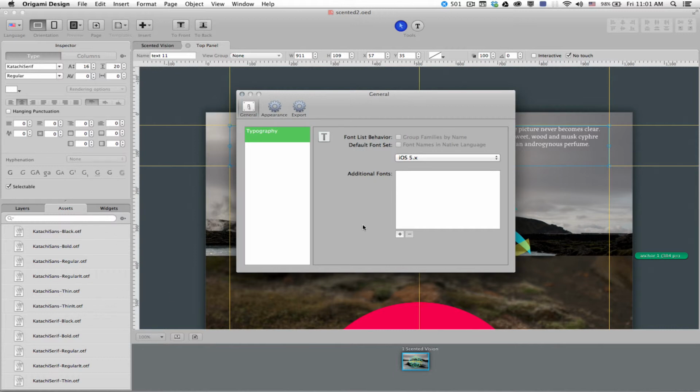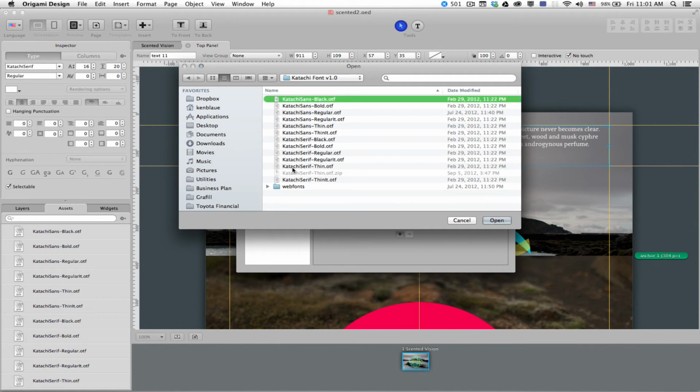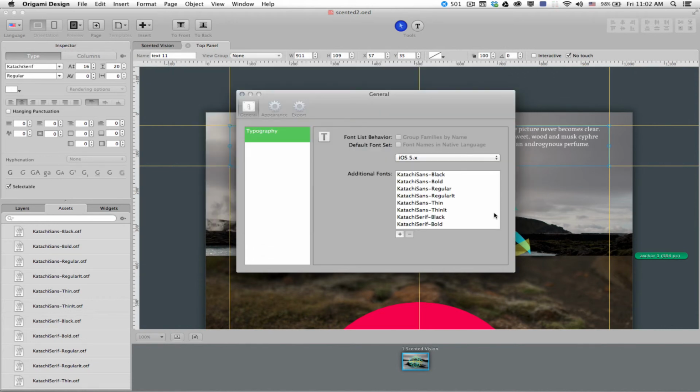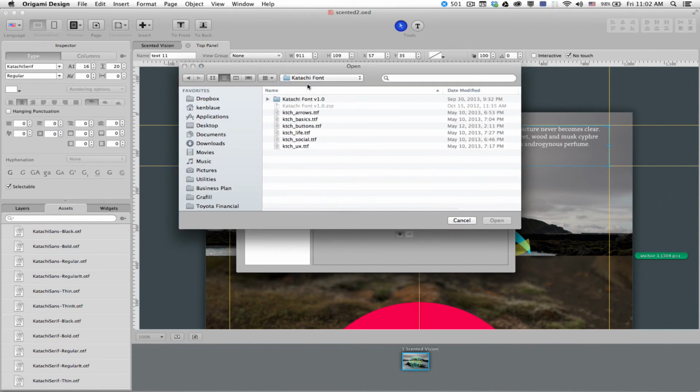So in the case that you're using a set of custom fonts that you want to be able to embed in every single document you ever do. So for example, let's say you have a company typeface that you use in all of your documents. You don't have to embed that into every single asset list that you've created. All you have to do is go to Additional Fonts, hit Add the fonts that you want to add to that list. You can continue to add as much as you need to,